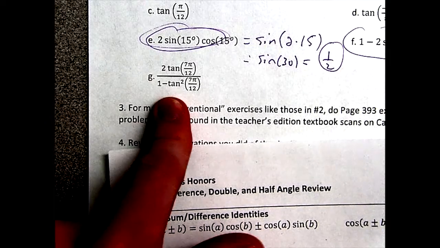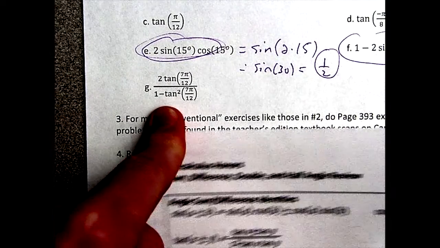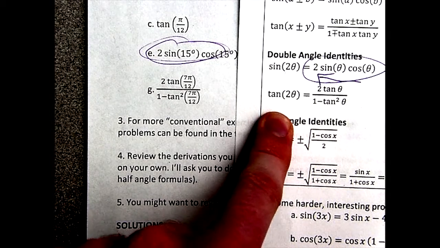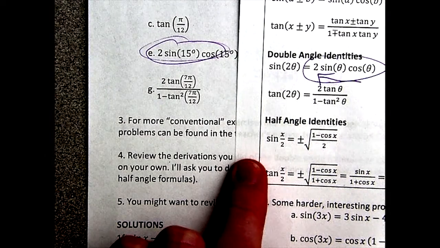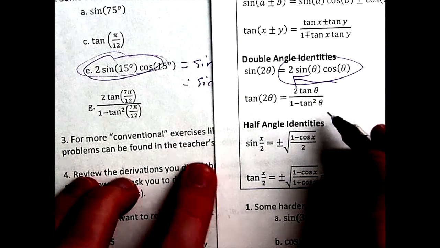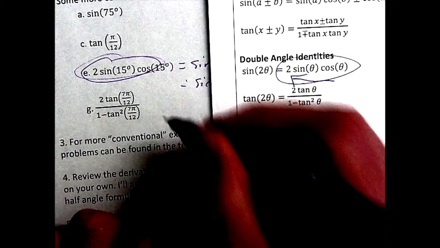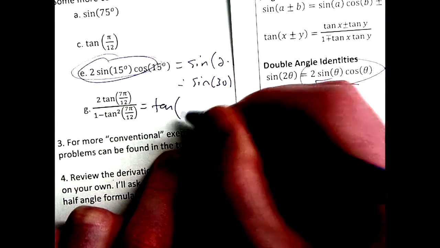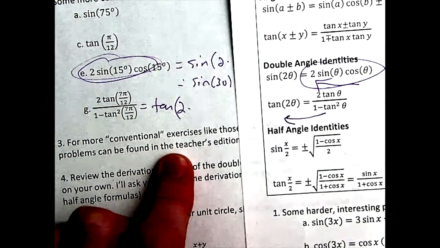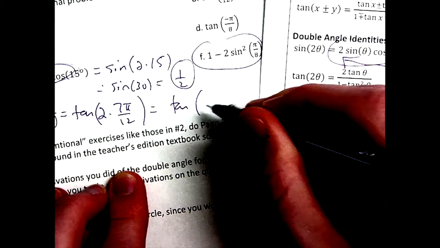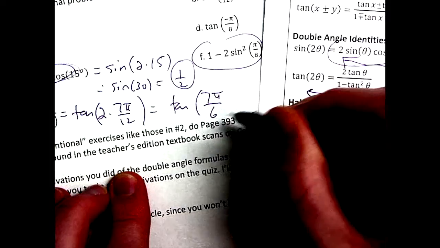G, very similar. You look at this expression, you're like, that looks a lot like something, right? It looks a lot like the tangent double angle formula, 2 tan theta over 1 minus tan squared theta. So what is theta, though? Theta, of course, is 7 pi over 12. So reading this identity backwards, you can say, this thing is really just tangent of 2 theta. And what is theta? Theta is 7 pi over 12, which is going to be tangent of 7 pi over 6,